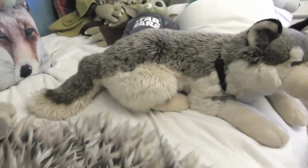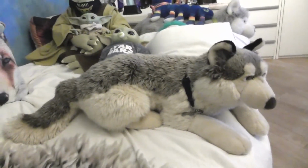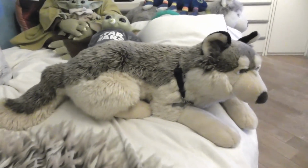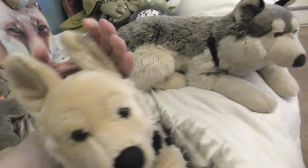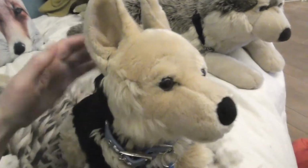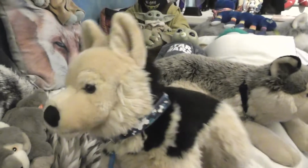What can I show you? Well, I'm gonna show you a few canines that I managed to collect. This is a little Unitoys German Shepherd that I have found. I have been stuffing him because he barely had any stuffing when he came. So, unfortunately the plush is a bit used and his hair is sticking out everywhere. But there you go. This is what it looks like. I really love these